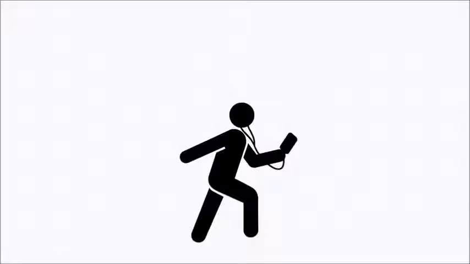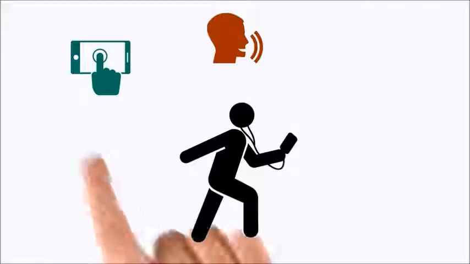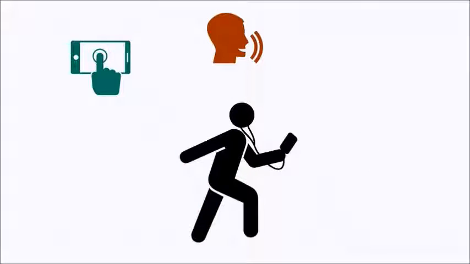Morgan is out jogging when a fire engine goes by. It's so loud that she misses about 30 seconds of the book. How does she recover from this? Well, we want to go through that question with each of our different design alternatives. For our touch interface, she would need to stop, pull out her phone, turn on the screen, and pause the book. For our voice interface, she would have to wait for the fire engine to finish passing and then say